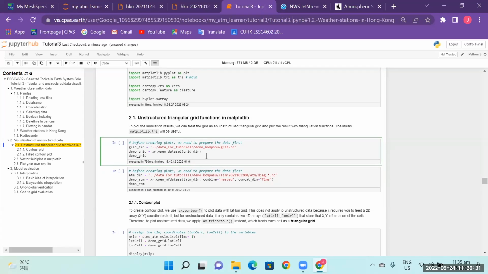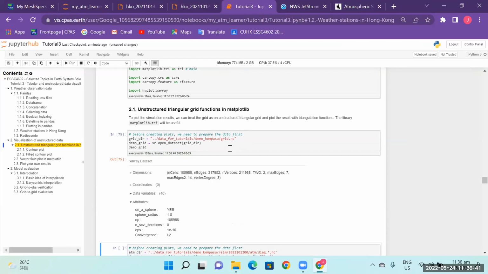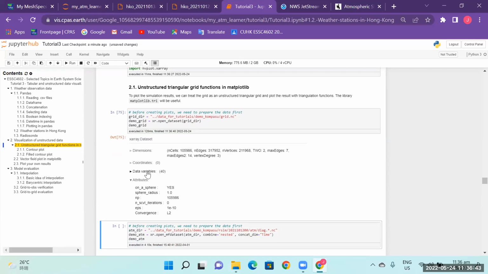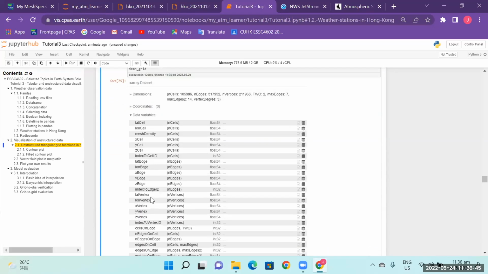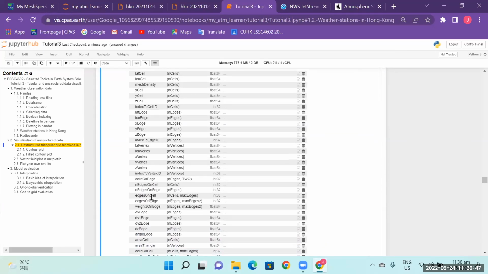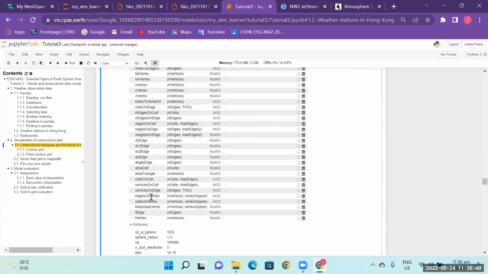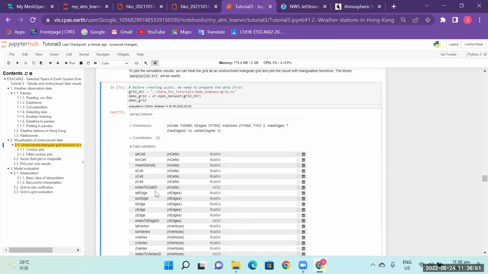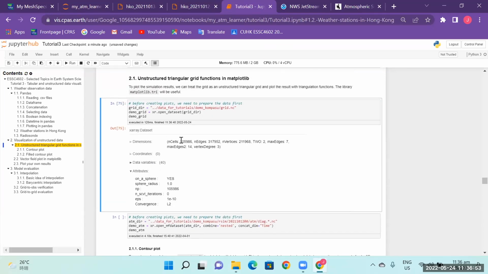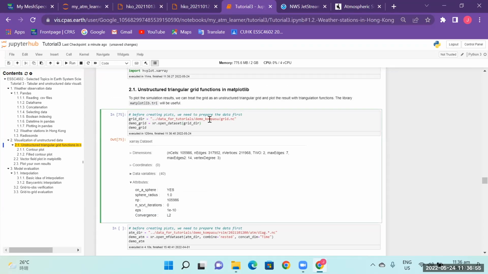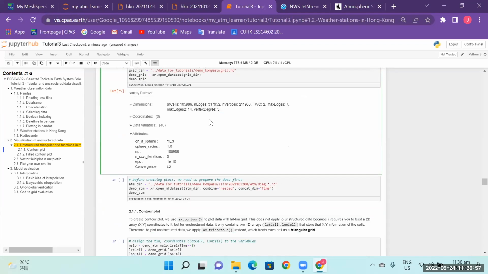And in this session, we use the data from the demo CPAS. First of all, grid.nc, we have studied before. It has some variables like the neighboring cell. I think it has neighboring cell, right? Oh, I forgot it actually. So it is the grid information of this example provided. And then for diet.nc,